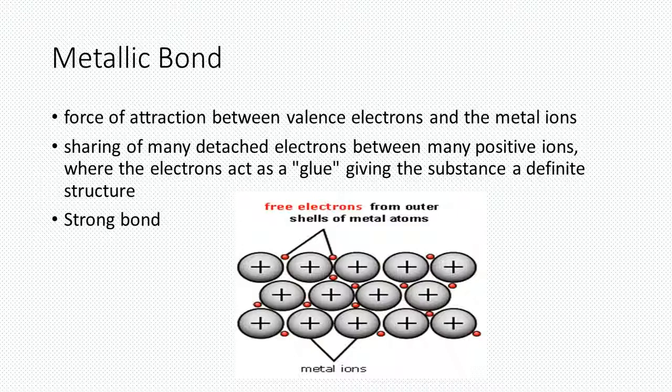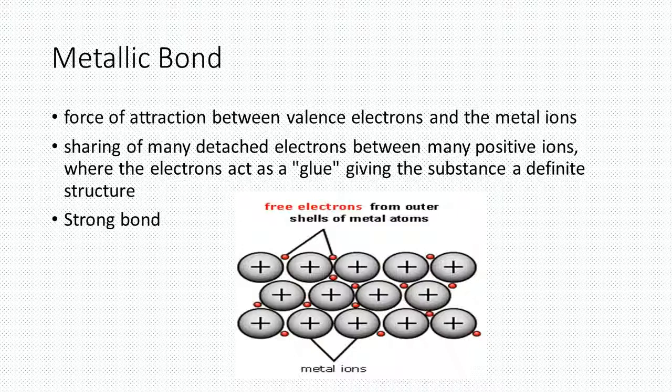Next, we reach metallic bonds. What are metallic bonds? Usually metallic bonds happen between 2 metals. It's a force of attraction between valence electrons and the metal ions. What are valence electrons? They are the electrons at the outermost shell. So, it is the sharing of many detached electrons between many positive ions, where the electrons act as a glue, giving the substance